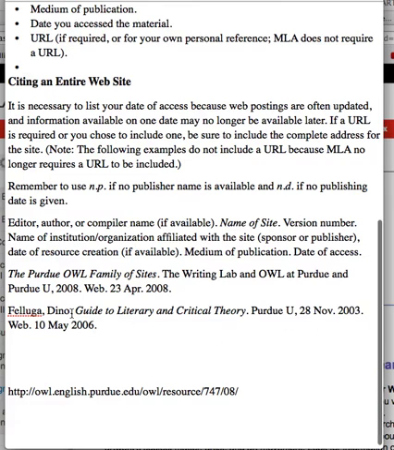Here's where they had the name of an author, and they put the name in, and then they gave you the name of the particular thing that Dino Fulwiler wrote, Guide to Literary and Critical Theory. That's in italics. And again, the institution, the date they found it, web is the medium, and the date it was published, and the date they first saw it. Okay, so the site that this is on, if you want to refer to it, is